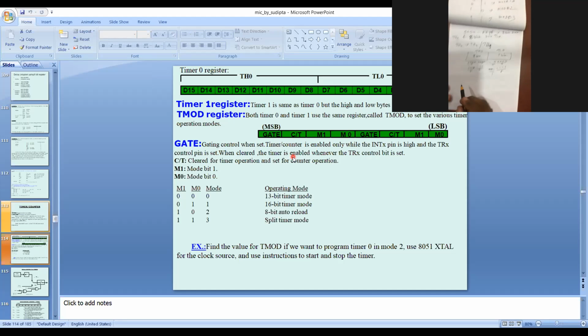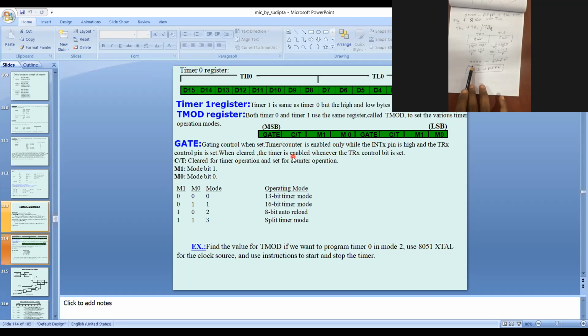Say counting is starting from 0000 and ending at FFFF, right? Say instead of 0000, if I give the initial value like ABCD, so it will count from ABCD to FFFF.